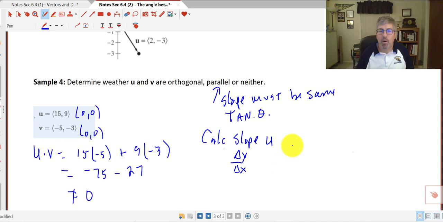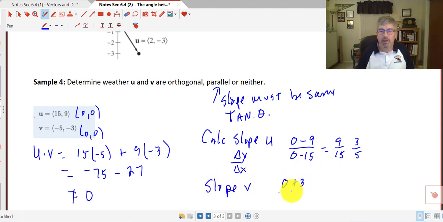So our change in y is 0 minus 9 over 0 minus 15, or 9/15, which is 3/5. And then the slope of v is 0 plus 3 over 0 plus 5, which is also 3/5. So our slopes are equal, and then we know